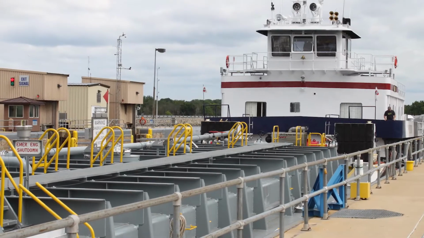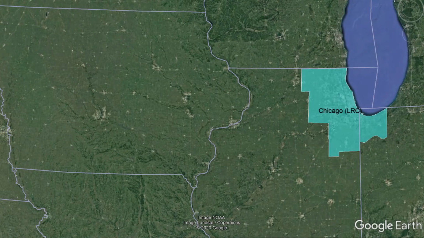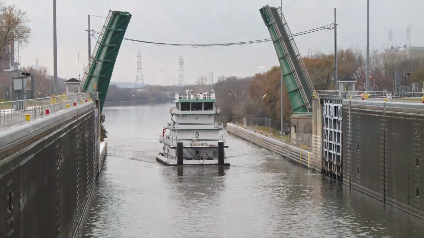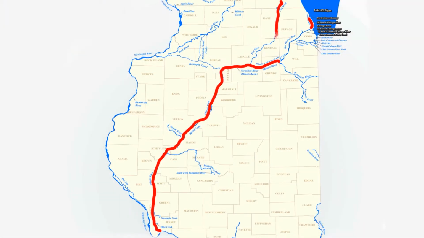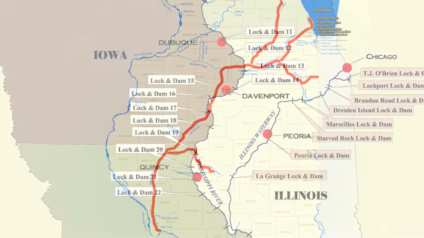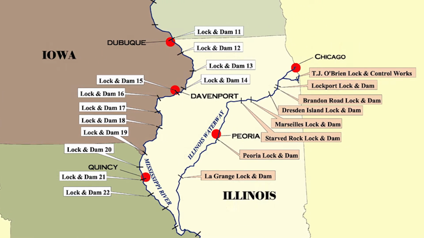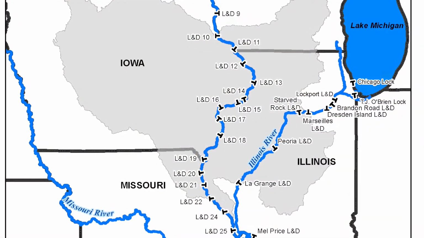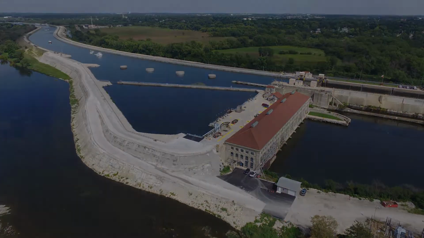In 1980, as a result of a Corps-wide district realignment study, all river-related responsibilities of the Chicago District were transferred to the Rock Island District. This change brought 6 rivers: the Illinois, Chicago, Fox, Des Plaines, Kankakee, and Sangamon, as well as 8 locks and dams on the Illinois waterway to the Rock Island District. Years later, in 2020, another realignment would transfer operations of the T.J. O'Brien and Lockport Locks and Dams back to the Chicago District.